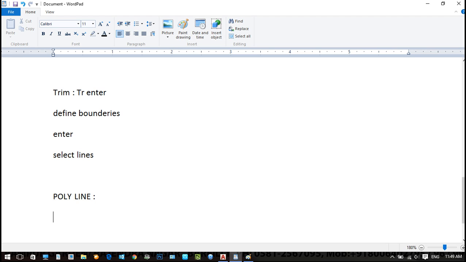Like if we create an L type of shape or a rectangular or square shape by using line, and we try to find out area or perimeter, it will not show because every line is separate. Means every line is divided by points like this line, this line, this line and this line because there are 4 lines.